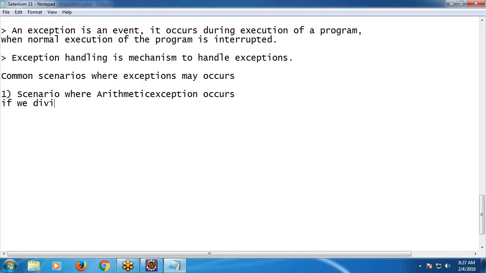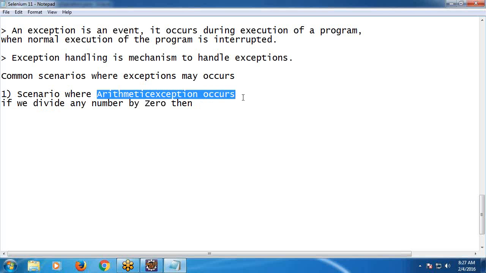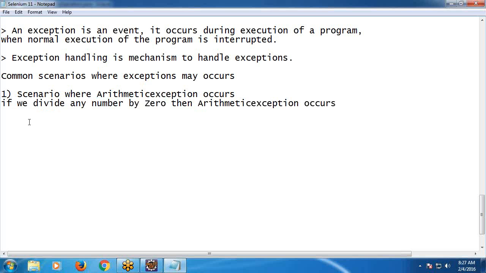See, if we divide any number by 0, then an arithmetic exception occurs. See, example, int a equal to 10, otherwise int a equal to 10 by 0. Here, arithmetic exception. This is one scenario. How to handle it, I will show. Next,